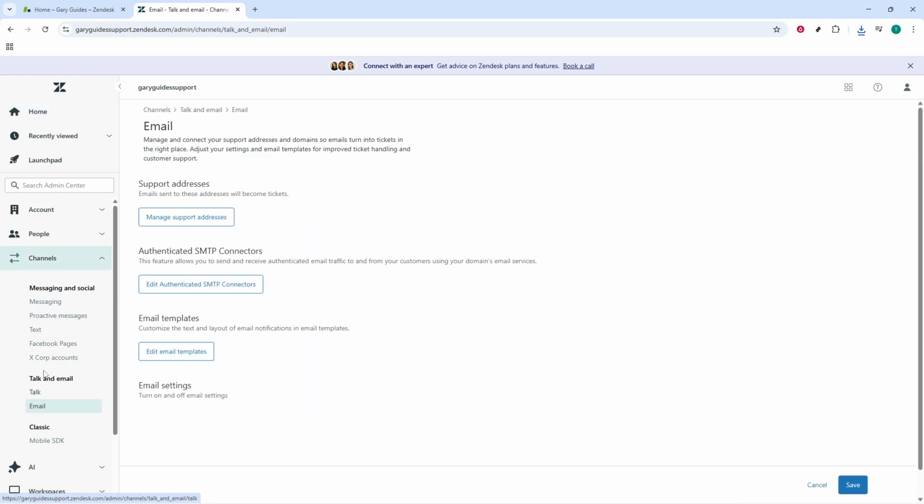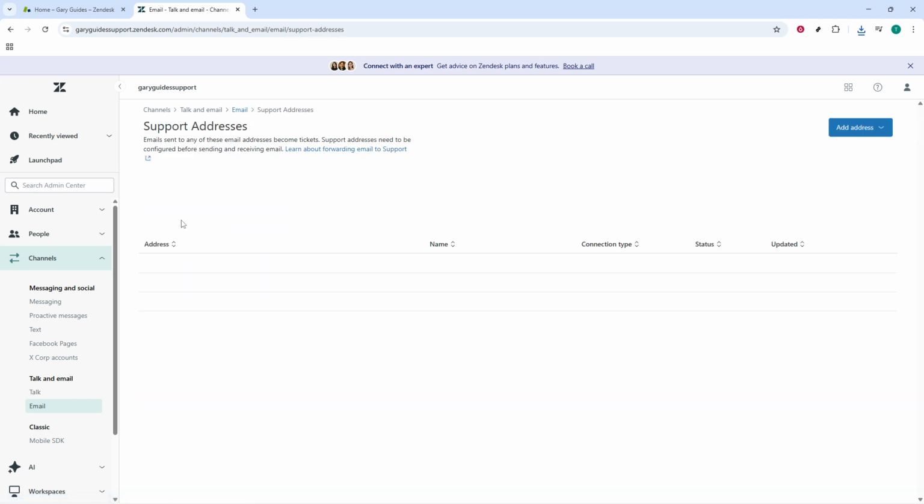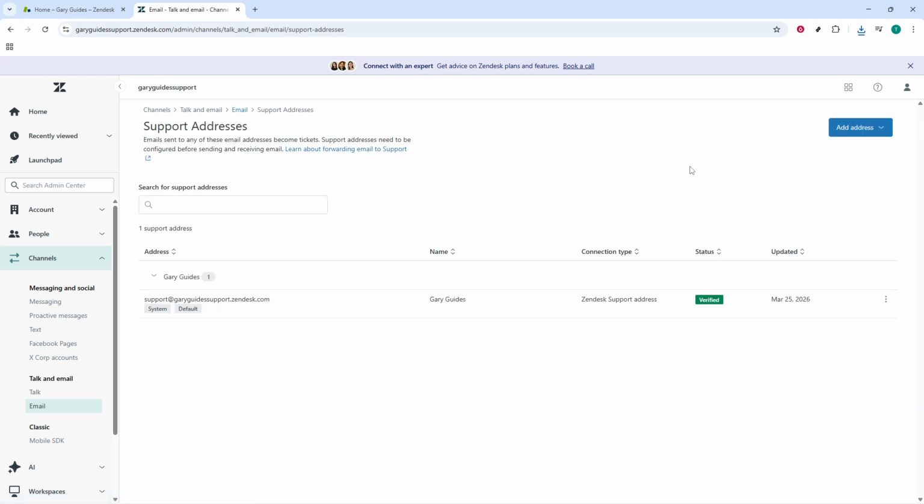This takes you to the place where all inbound support addresses live and where you'll add or adjust the email that creates tickets in Zendesk. Now it's time to add your support address. You have 2 paths depending on whether you already use an external support inbox or want to start fresh with